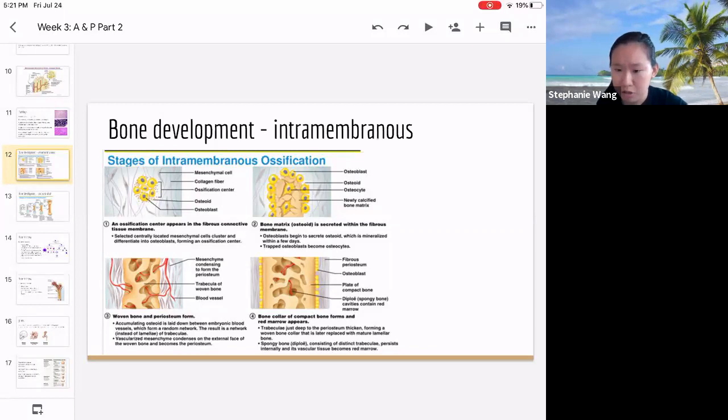Are different kinds of bones formed by different kinds of bone development? Good question, Max. So flat bones are formed by intramembranous. And if you remember the different types of bone, we have long, short, flat, irregular, sesamoid. So long bones are formed by endochondral, and flat bones are formed by intramembranous. Those are the most important types. And the more common type of bone development would be endochondral. So hopefully that answers your question.